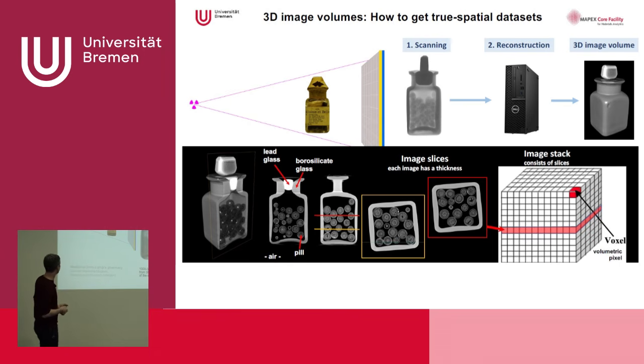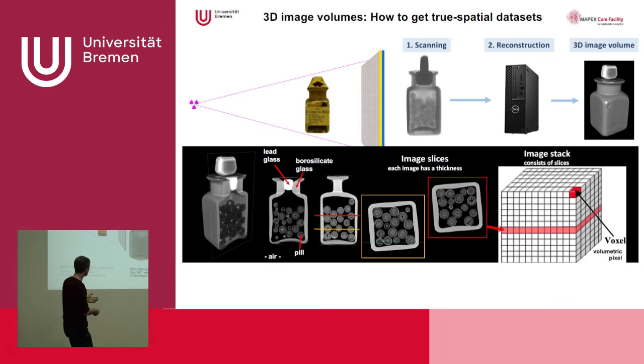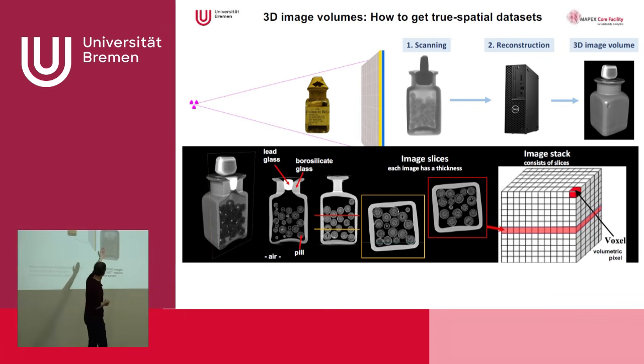What is it actually? So if we have this kind of sample here, it's a medicine bottle from a ship's pharmacy from the German Maritime Museum. It's an artifact in a museum. You cannot open it. So if you want to see what's inside, a good thing is to do a scanning. What we do then, we take 1,000 to 3,000 images